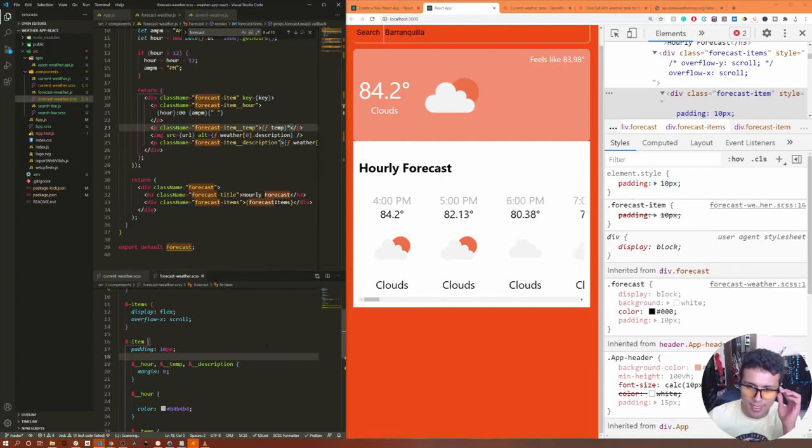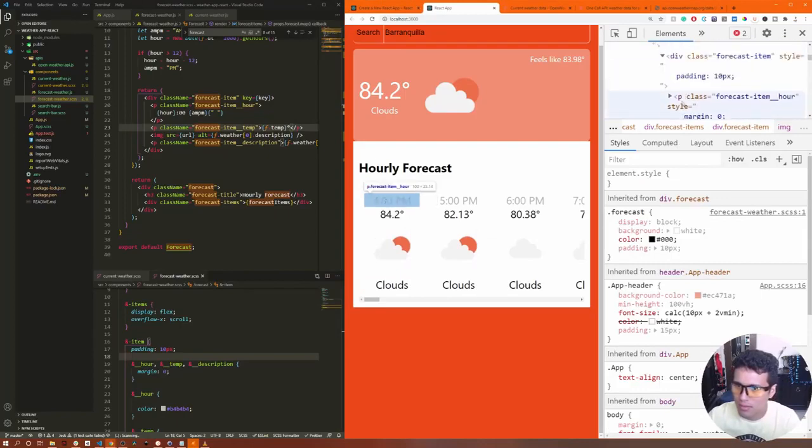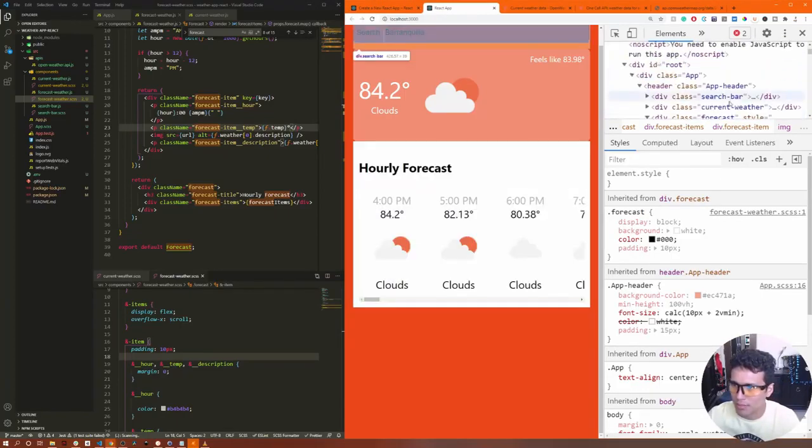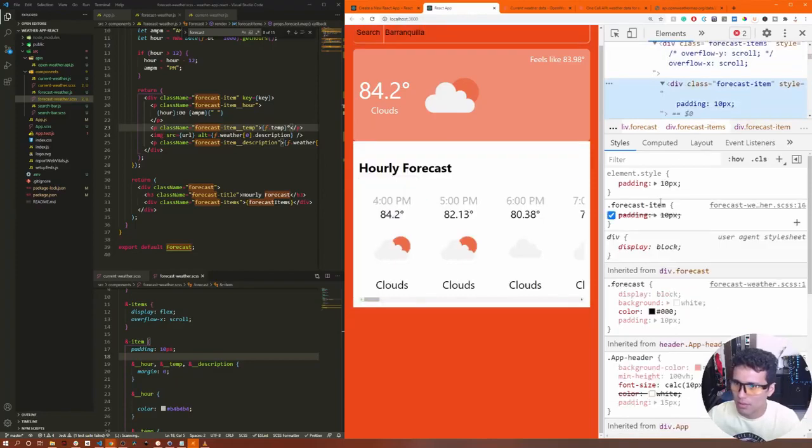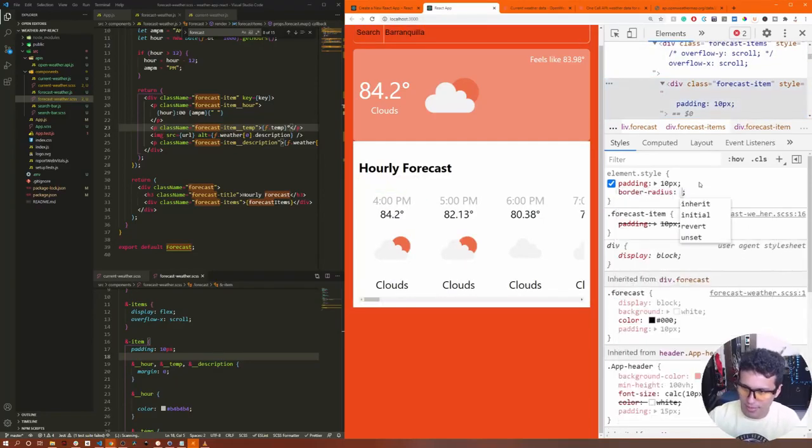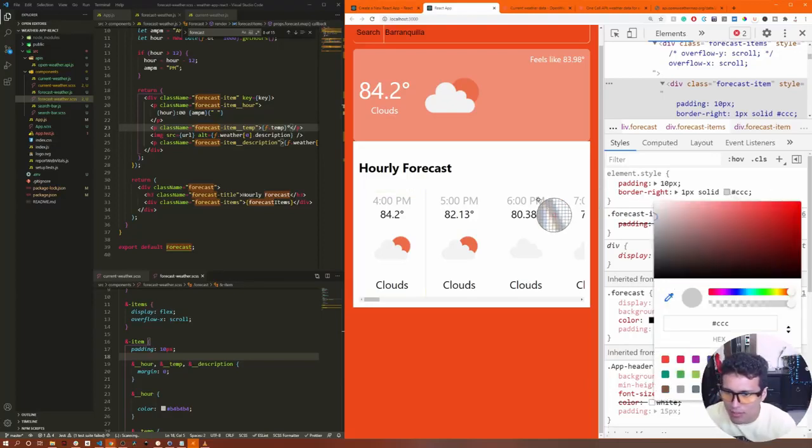And also I would like to add a border so I can differentiate more as well. Let's try that. Border on the right side of each of the items, and that's gonna be 1 pixel, solid, and the color, I'm not a fan of that black, something lighter, and it looks alright, but I'm still not liking it. Let's get the same color that we have in the text. Okay,